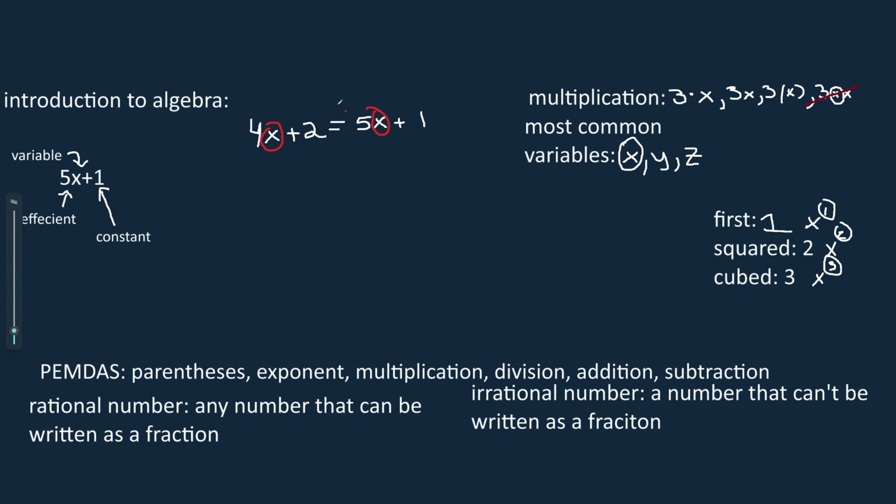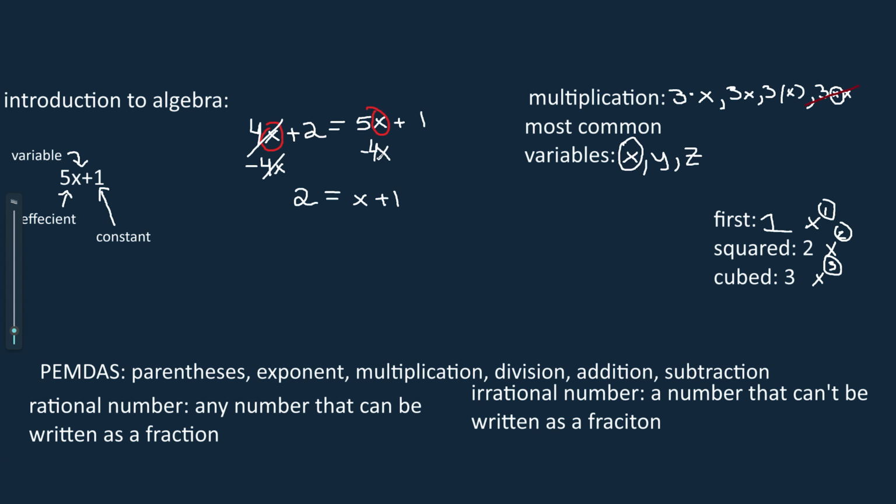So what we want to do is subtract 4x from each side, and it becomes 2 equals x plus 1, because these cancel out, and 5x minus 4x